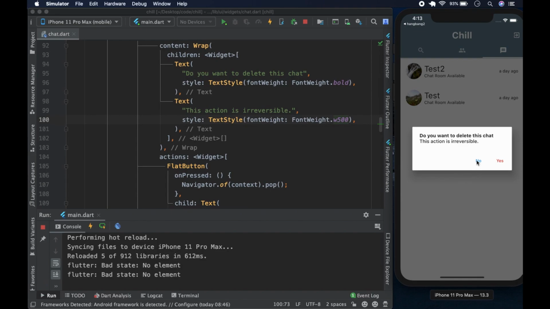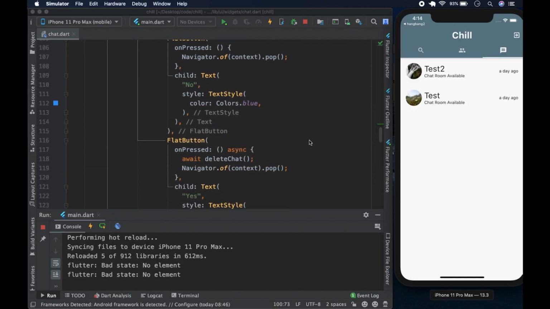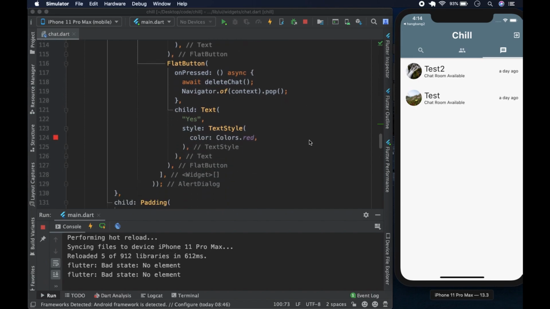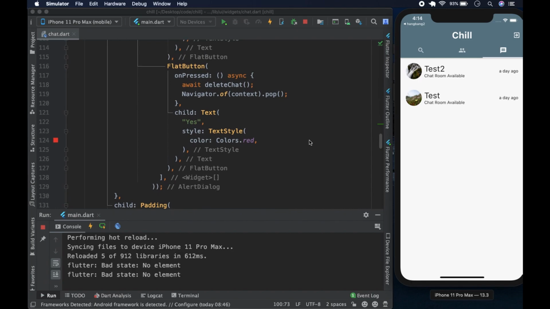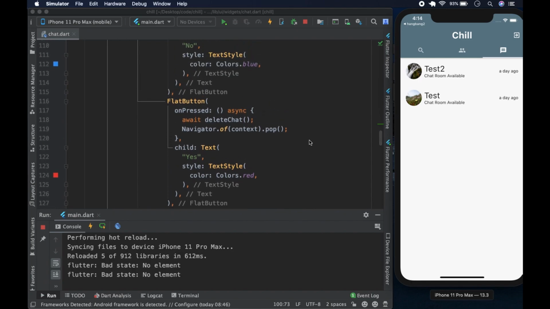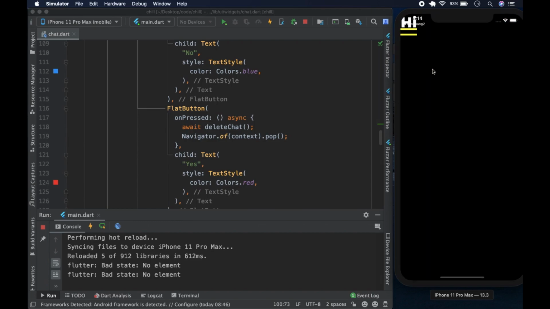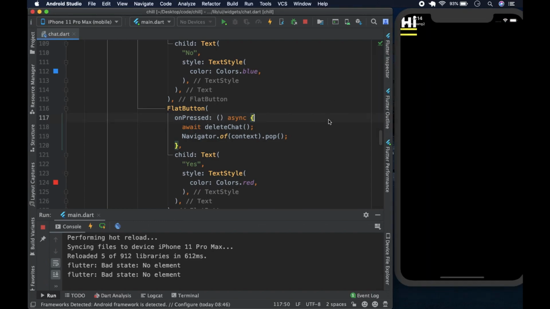Now, we know the cancelling doesn't work, but we should check that. Okay, we do have delete chat, so I think it will work. Let's, oh, we can't do it. Wait, I bolded it up. I need to go back. How do I go back? We still don't have the page, so let me just reload it and come back.